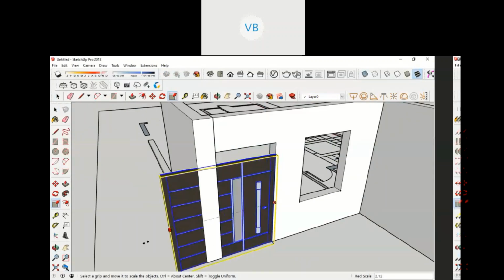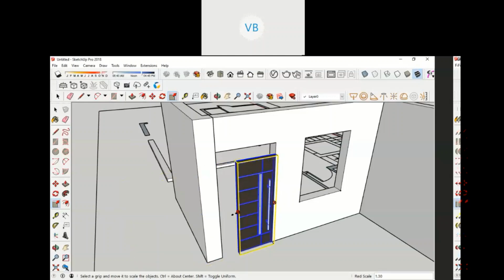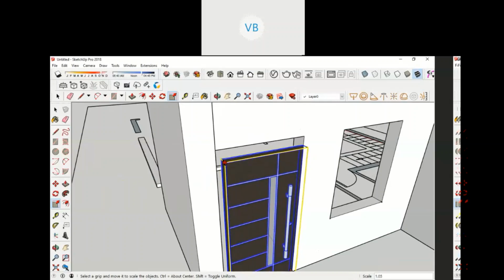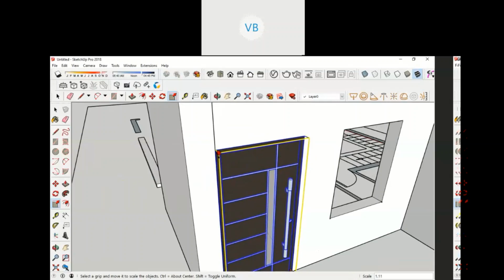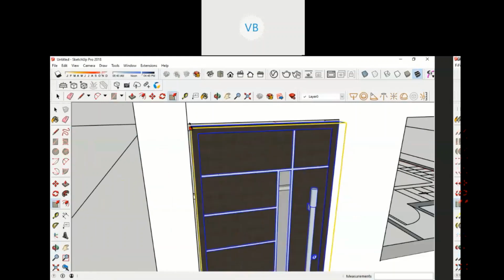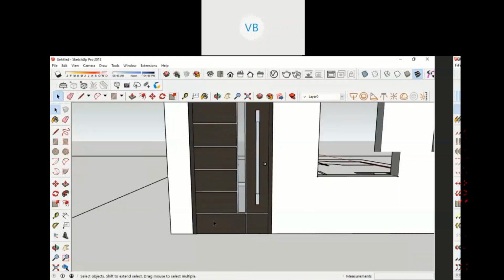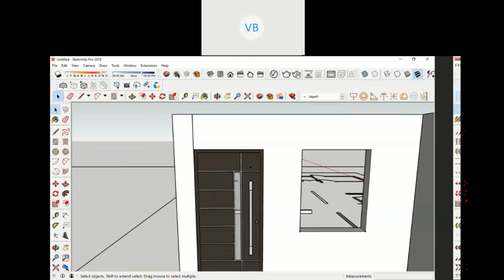But if you are only increasing one way, it won't increase proportionately. To increase proportionately, you have to increase it diagonally from the corner. Okay, let's say I've increased it to here, like this. Great, this is my job done.